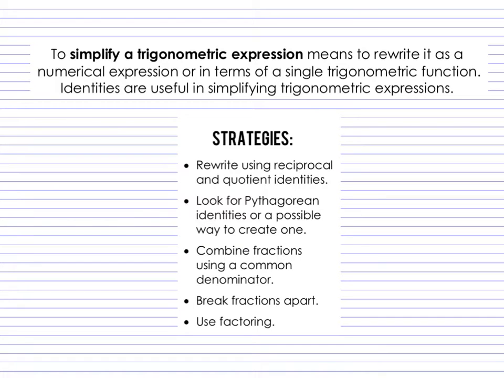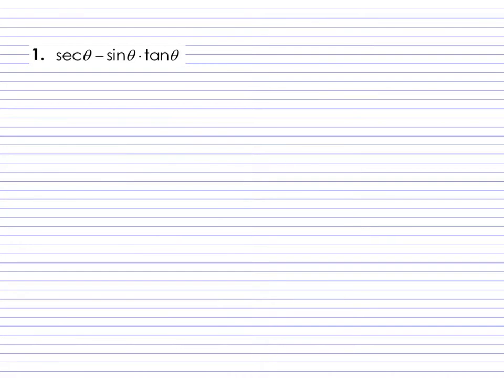So all these rules we've practiced along the way, don't forget about difference of squares or looking for things that you can factor out, terms that have the same variable or expression in it. So all of those different things are going to be ways that we are going to try to simplify some trig expressions. So in this video on the note sheet, I'm going to step you through questions 1 through 6,